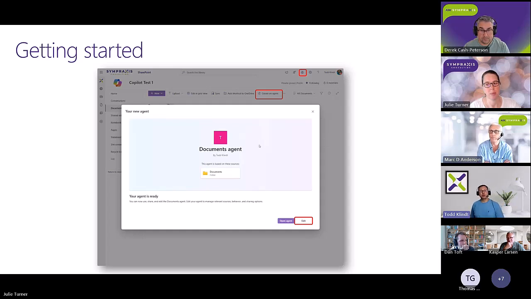Yeah. So this, I wanted to show how easy this was. There's a couple of places highlighted in red there where you can create an agent. And as soon as you do it, the agent is created. You're done already. So at the bottom, I've got edit outlined because I'm a go in and tinker kind of guy. But right next to it is an open agent, and you just go in and you start playing. You start seeing what AI can do for you. So it's super easy to create these things.